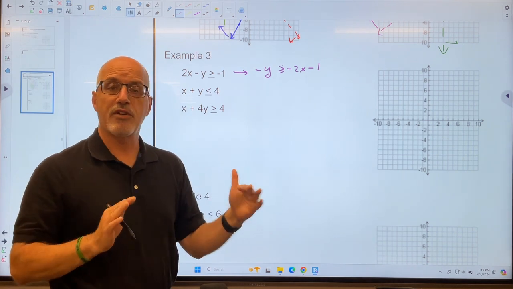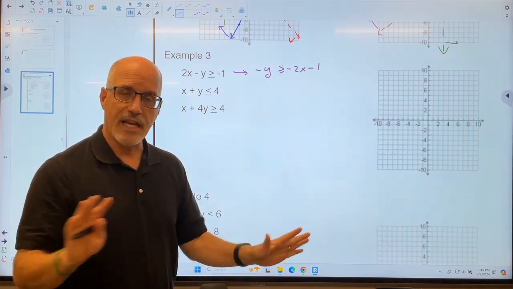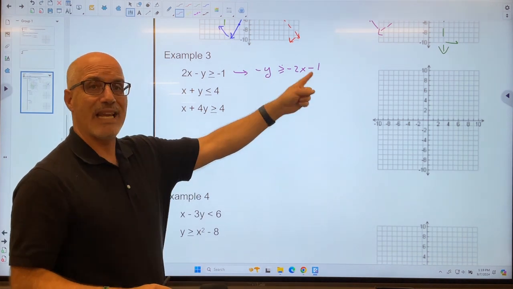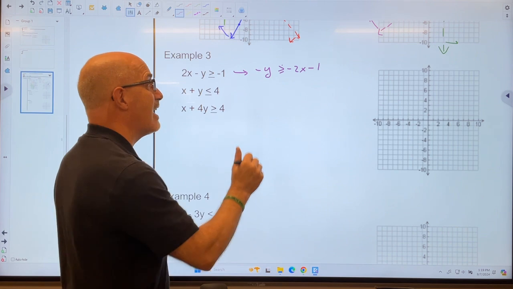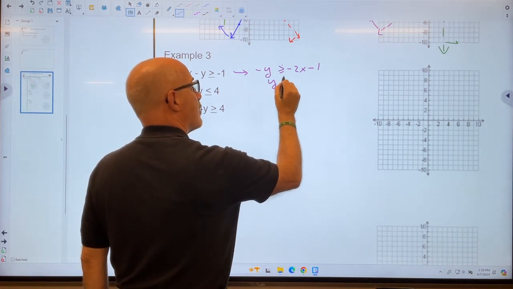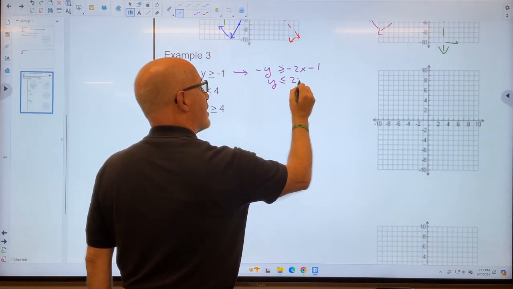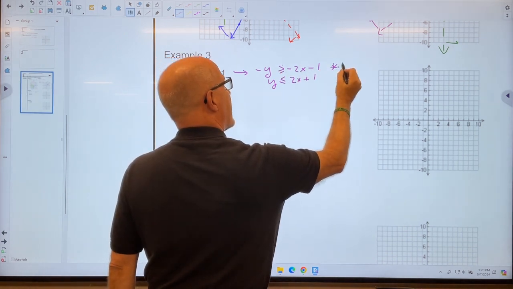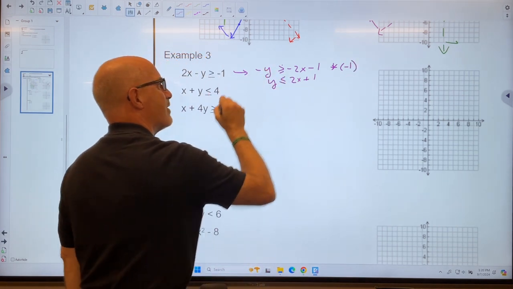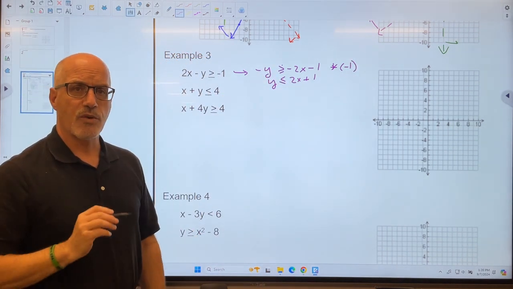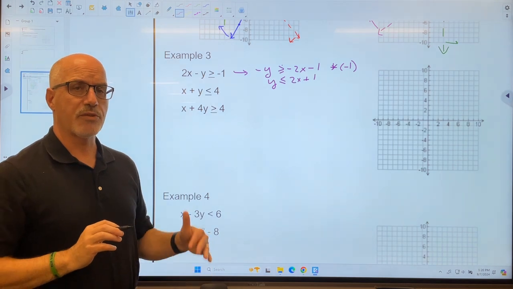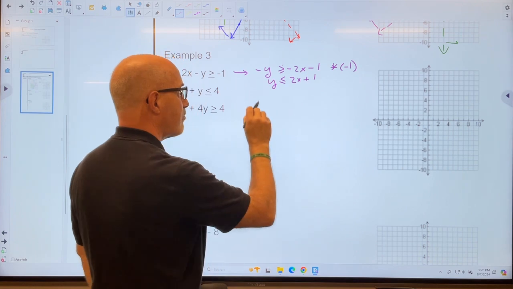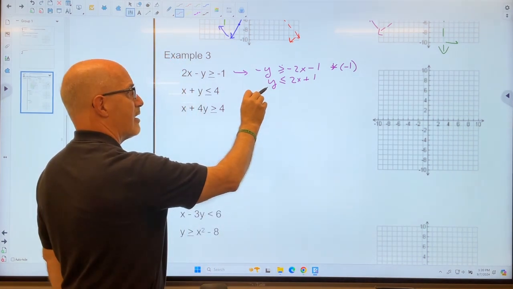Or if I multiply or divide by a positive, it does not change the inequality, but now I'm going to multiply both sides by negative 1 to get rid of this negative. That does flip my inequality. It makes it a less than or equal to when I multiply everything by negative 1 to get rid of the negative in front of the y. So remember that when you're doing these, if you multiply or divide by a negative, you've got to reverse your inequality. So I'm going to go ahead and graph this